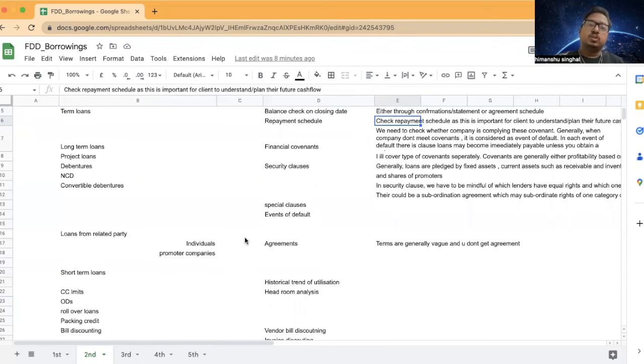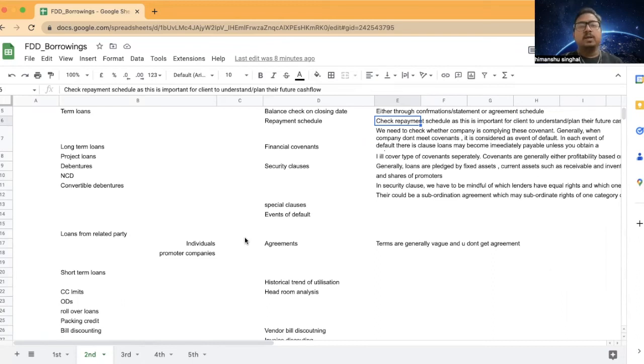In addition, in short term, what you're required to do is the headroom analysis. Headroom analysis is like, if you have 100 rupees of limit, how much can you really utilize, and over the period, how much have you been really utilizing. Both things we need to present. In most stressed companies, what you'll find is that these limits are utilized at max capacity, like 98-99%